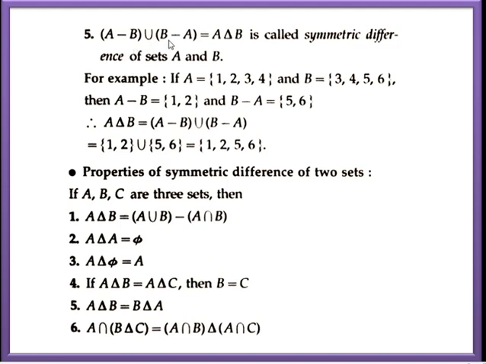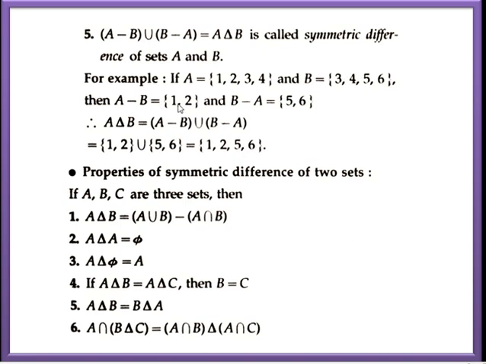A minus B union B minus A equals A triangle B is called the symmetric difference of sets A and B. I repeat, A minus B union B minus A equal to A triangle B is called the symmetric difference of sets A and B. For example, if set A is {1, 2, 3, 4} and B is {3, 4, 5, 6}, then